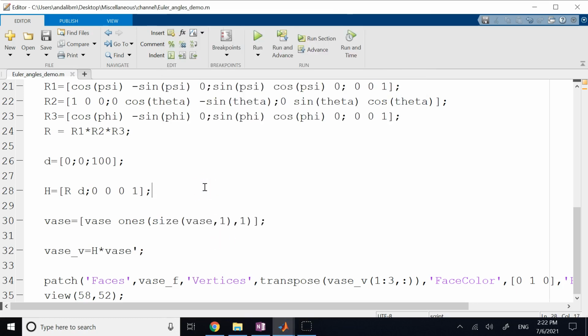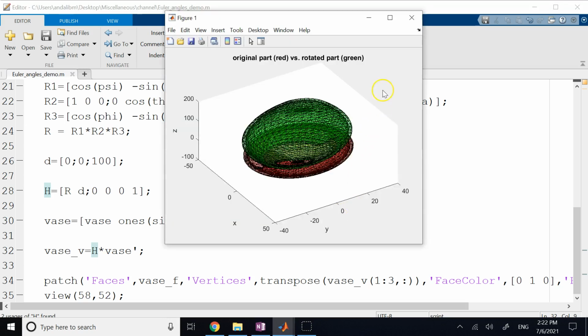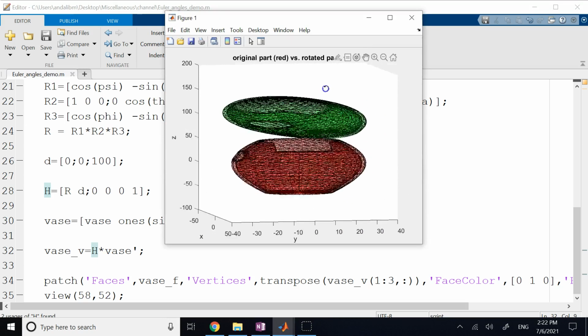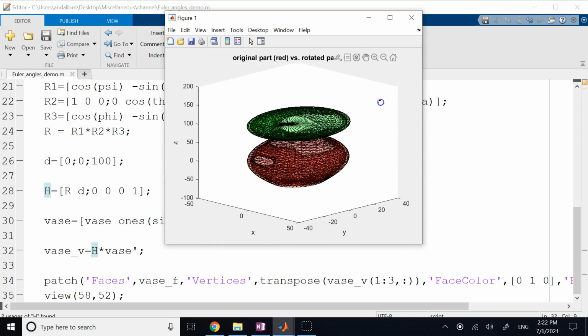Okay, I found the reason. The reason was here, I multiplied H transpose by was, not H. Okay, and it's H that you have to multiply. H transpose doesn't really mean anything. It's not even H inverse. It's H transpose. So now that everything is right, now you can see clearly that you're going up like this,